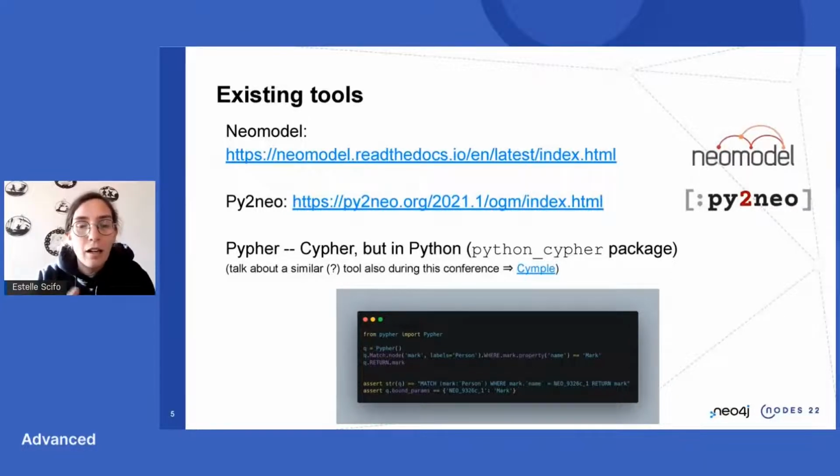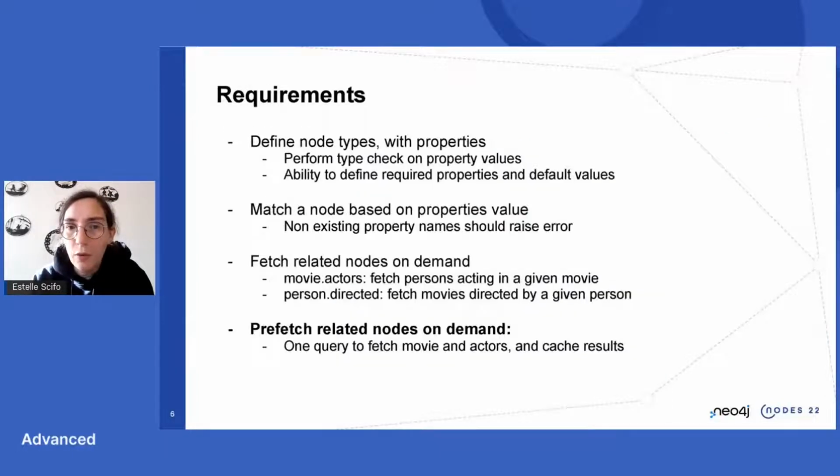But it doesn't have the object mapping part. And from what I could see in NeoModel and Py2Neo, it was not possible to retrieve the thing that was important for me, so to retrieve multiple objects in one single hop. So that's why I basically decided to write my own tool.